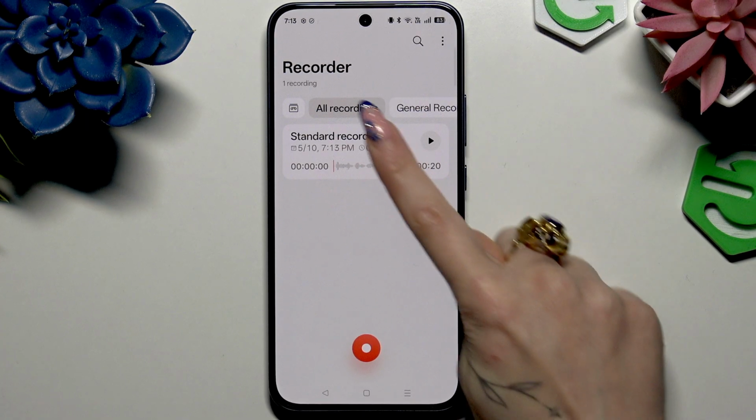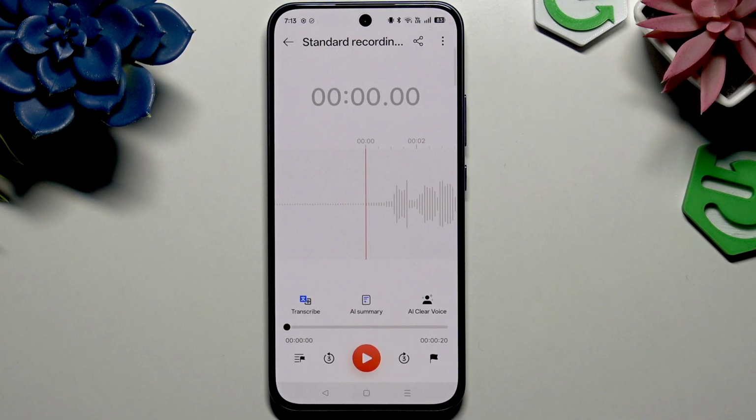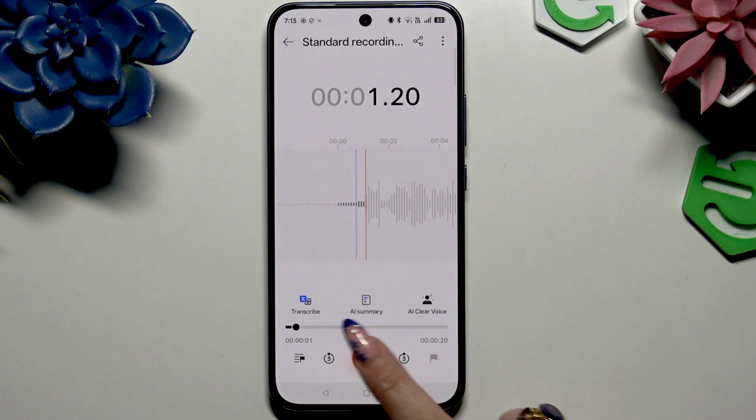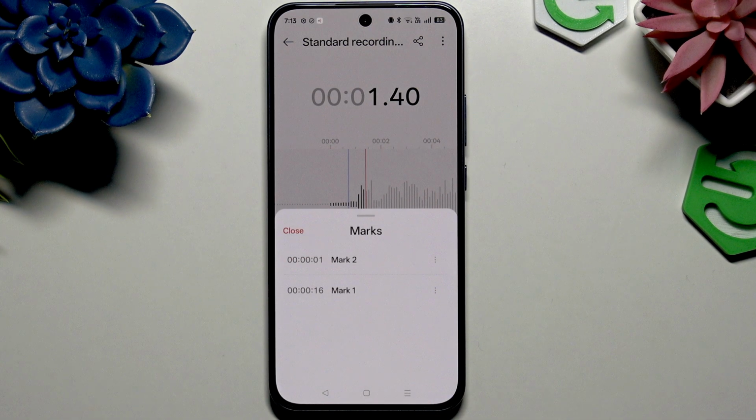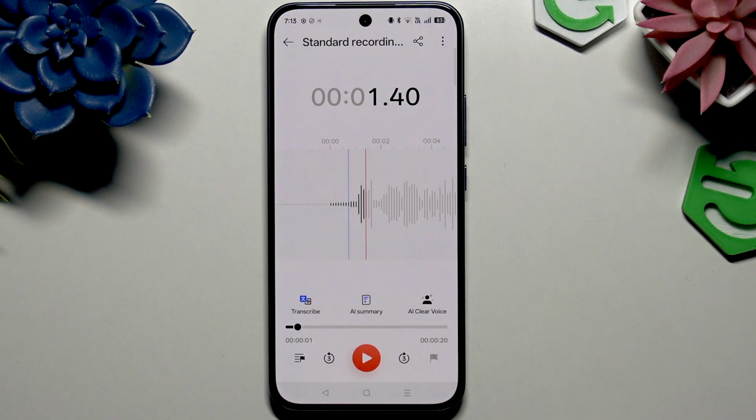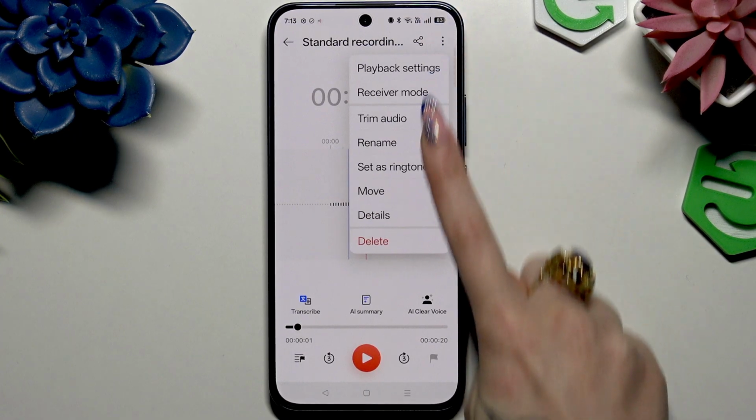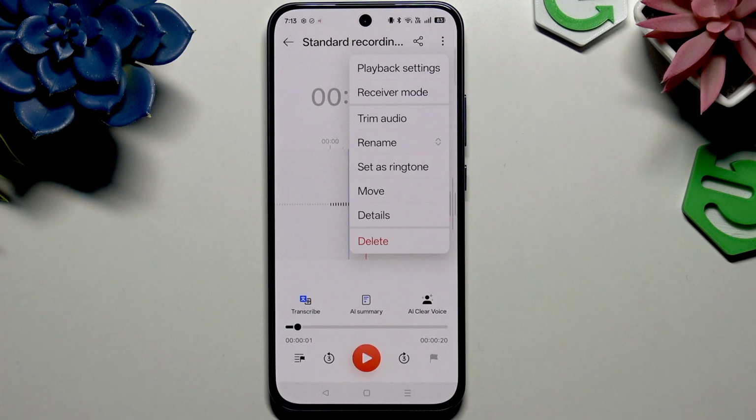To play it, click on it, and also to manage it, check out all of those options. Like for example, adding bookmarks while listening, or checking a list of them while listening as well. You can also click on those three dots at the top right corner to check out all of those options,